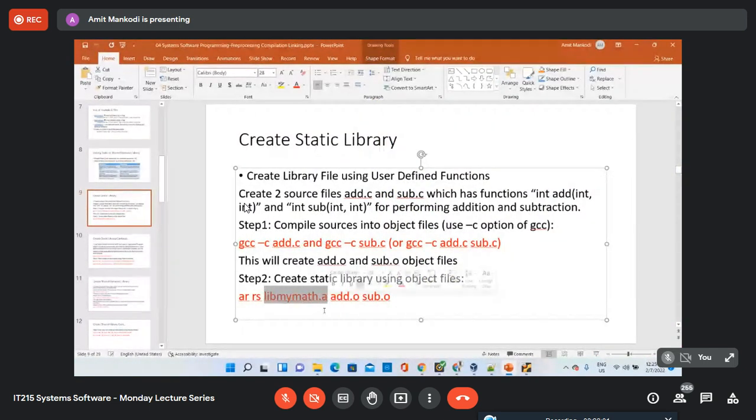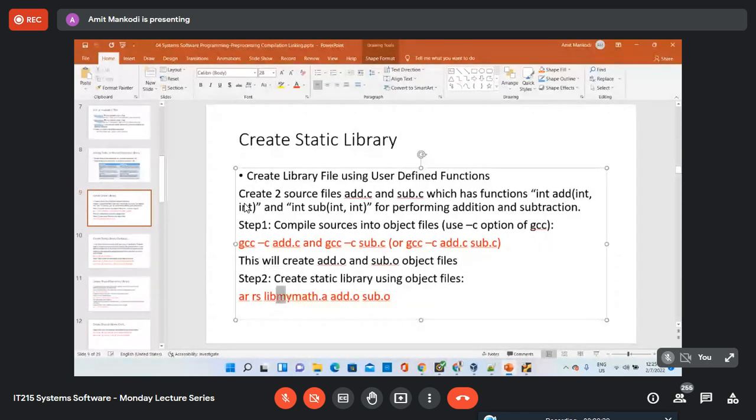Now in the library file name, as you can see, we are saying libmymath.a. So the .a extension is for the static library file. Lib is generally used as a prefix. This is a prefix that you give to all the library files that you want to create, whether it is a dynamic library or a static library. And there is a specific purpose for that, which I'll come to when we learn the linking step.